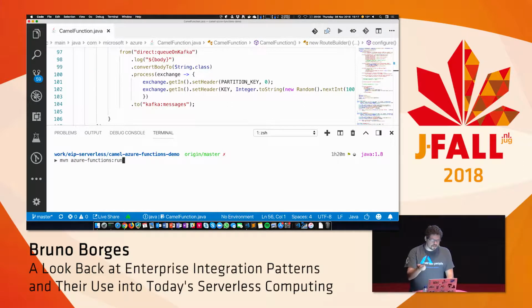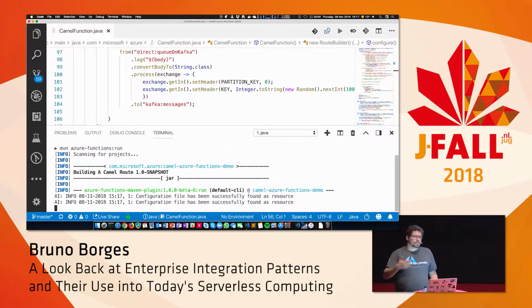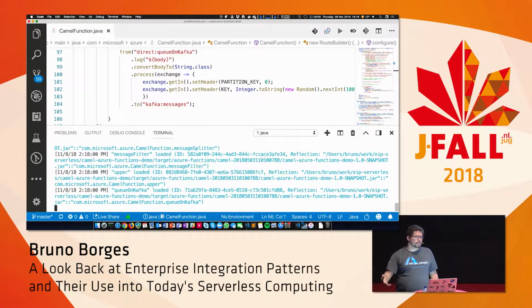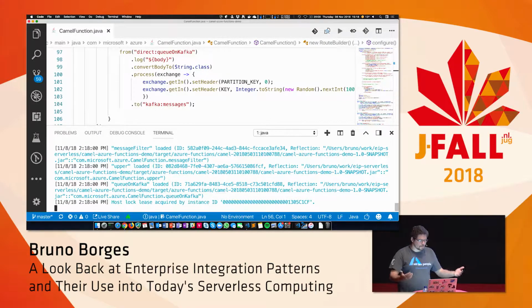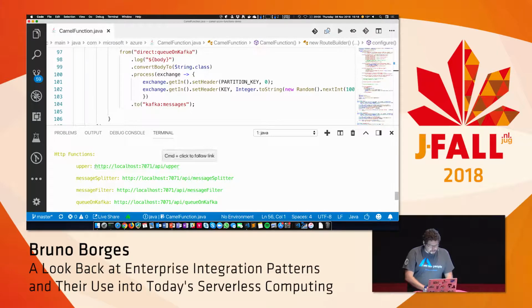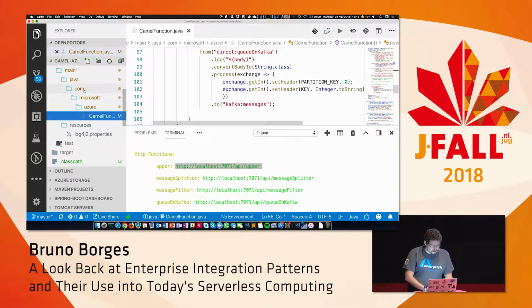Just to show you, this is running on the Azure Functions engine, which can then be deployed to Azure Functions in the cloud. And Azure Functions is open source, runs locally, runs on-prem, runs on Azure Cloud, and runs on any cloud where you want, because you can just go to GitHub, get the Azure Functions runtime, and deploy whatever you want. But as a service, you get it on Microsoft Azure. Okay, so it's deployed. It has some endpoints. Here's the upper endpoint running locally for now.